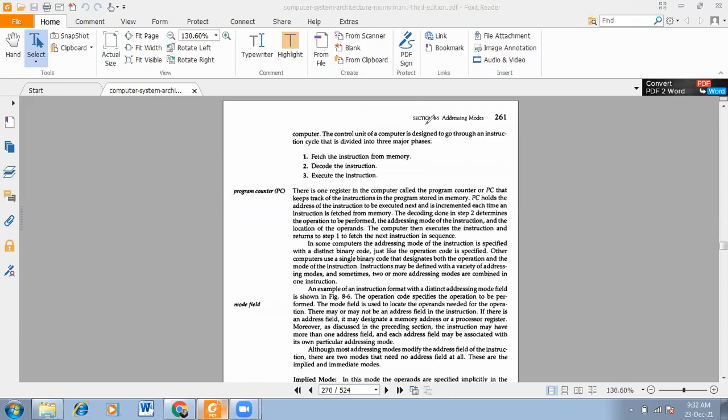Now, you people know that I have discussed in earlier classes the instruction cycle. We have studied what is instruction cycle, what is machine cycle, and what are the functions involved in these execution processes. Mainly we have divided it into three major phases. Already we have discussed. What is that? Fetching the instruction from the memory, the second one is decode, and the third one is the execution.